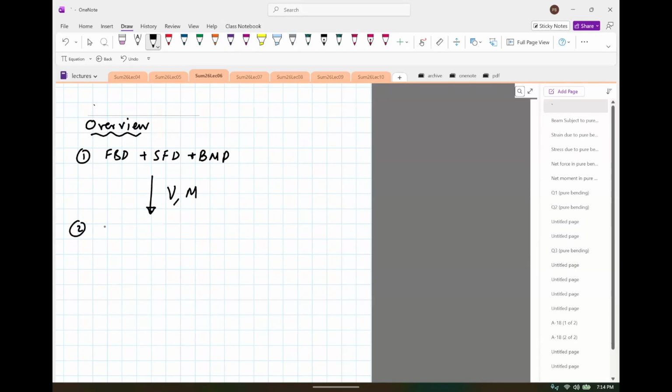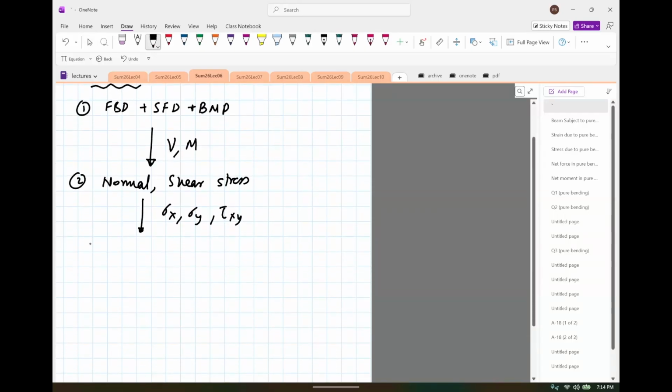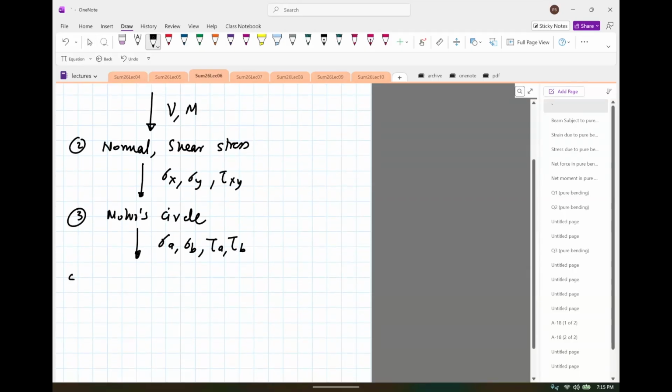Now, this V and M will help us to compute normal and shear stress, which is sigma x, sigma y, tau xy. Then sigma x, sigma y, tau xy went to the Mohr circle or the transformation of stresses. It actually will give us the maximum stress, sigma A, sigma B, tau A, tau B, and then that will actually go and feed into